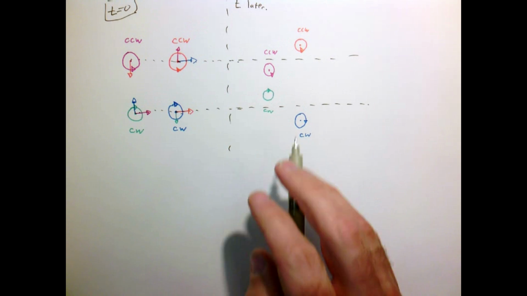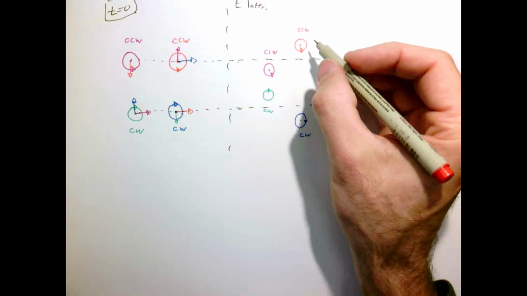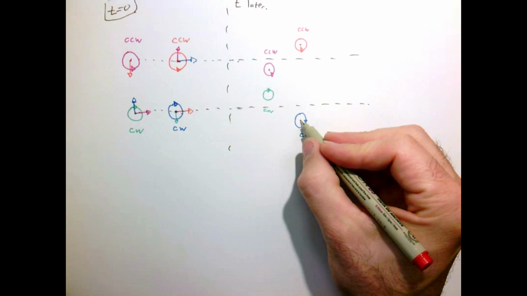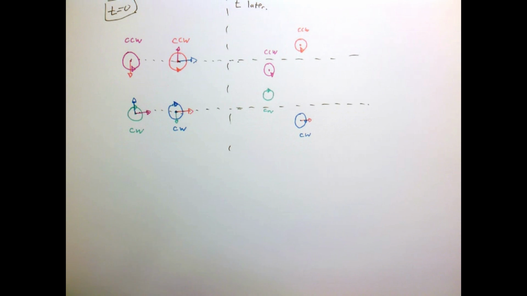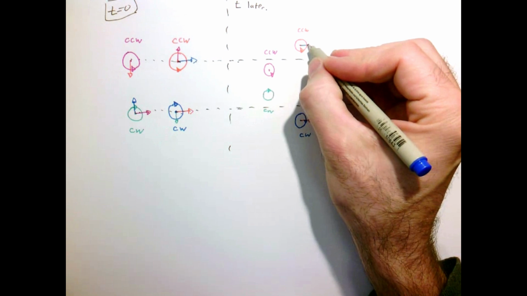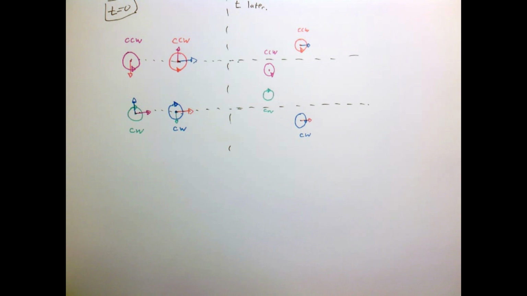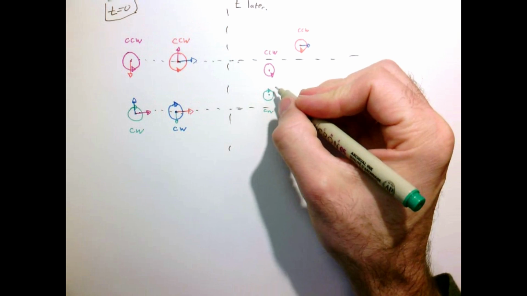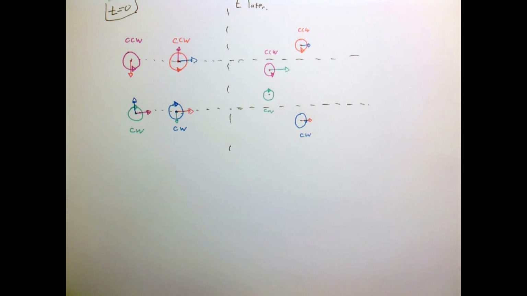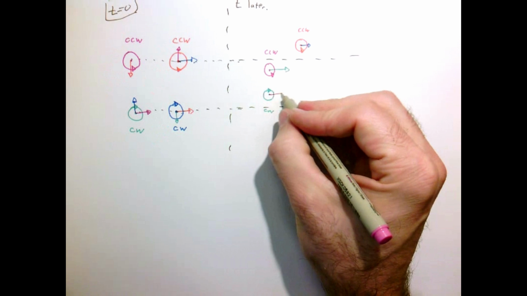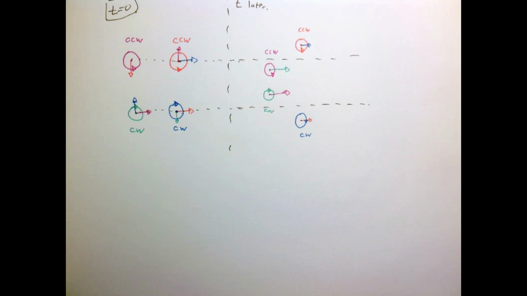So the interaction at this time is going to be the same, except now the red one is going to push less strongly on the blue one because they're further apart. So these are going to propagate a little bit slower than they did before. And this pair is going to propagate more strongly because they're closer together. So the green one will push on the pink one hard, pink one will push on the green one hard, and